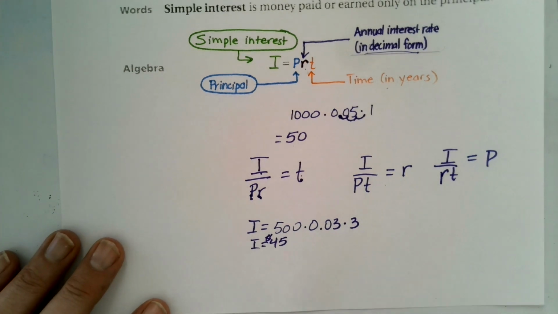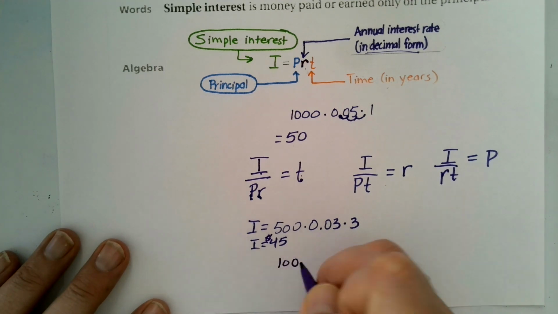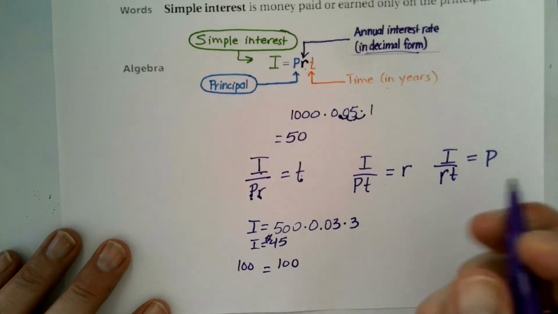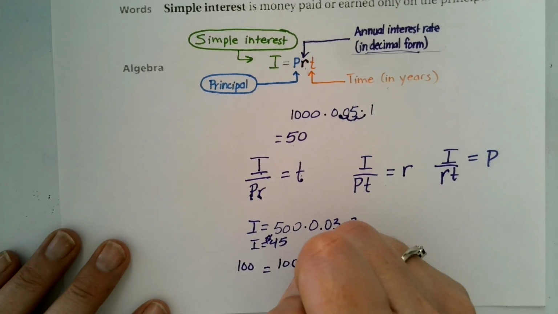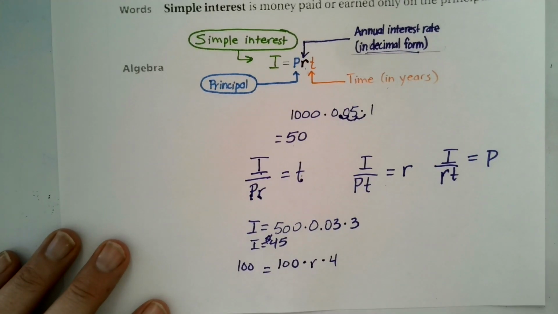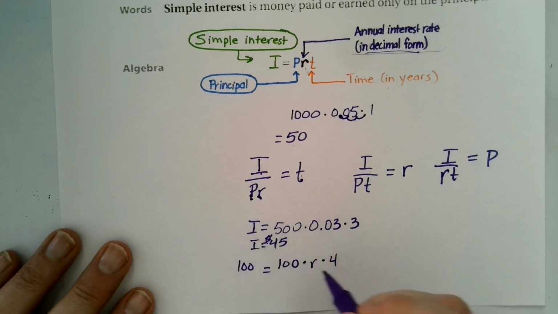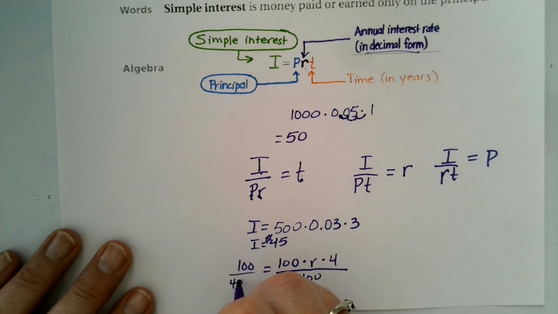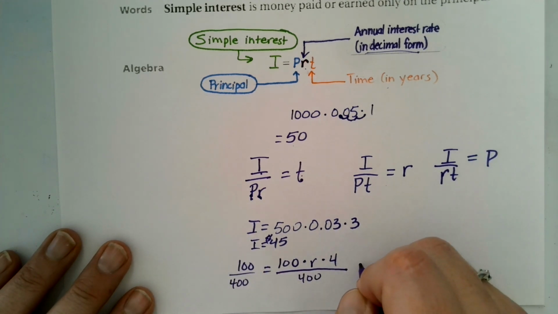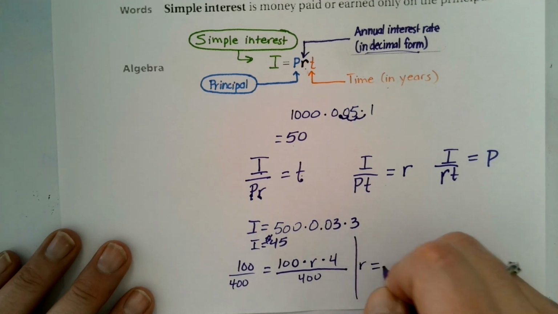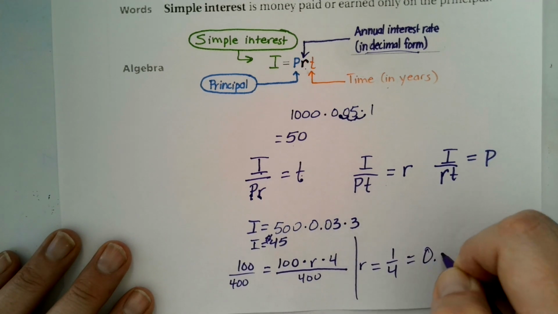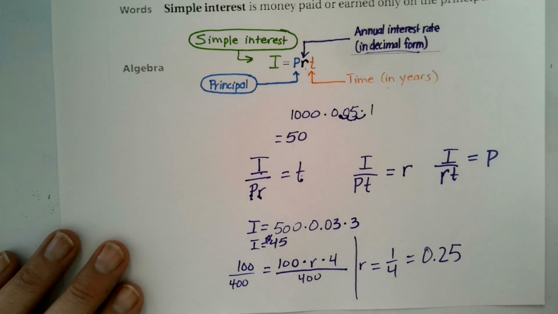Now let's look at another example. You put $1,000 in. The account earns $100 simple interest in 4 years. So we do not know what the rate is, right? But in order to find the rate, we could divide by everything on this side, which is 100 times 4. So if we divide this side by 400, divide this side by 400, we would find out that our rate equals 1/4. Or if we were to put that in decimal form, we would say 0.25,